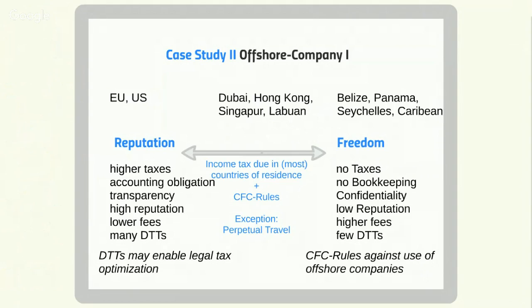Mainly, you might use them to save taxes, because with a lot of offshore companies, you don't pay taxes at all. You also don't have to do bookkeeping. It might be anonymous. And there are other things involved, like you can register companies with no paid-in capital. You can freely decide over the shares. You don't have high operating costs, and so on and so on. I made a little